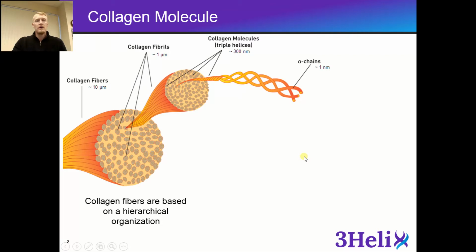So to start, the collagen molecule, or collagen fibers, are based on a hierarchical organization where you have a collagen fiber made up of collagen fibrils, which are then composed of collagen molecules. Now the collagen molecule itself is a form of a triple helix, and it is made up of 3 individual alpha chains. You could think of this as a rope where you have 3 pieces of twine and they interact together to form a rope-like structure, and this rope is much stronger and sturdier than each individual piece of